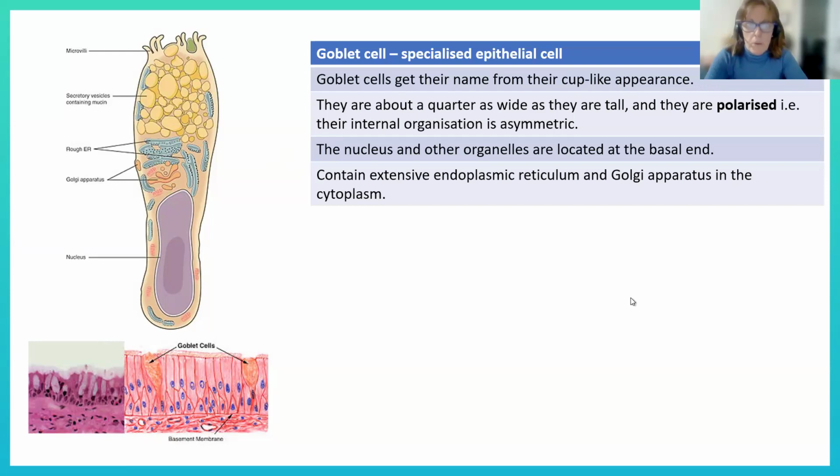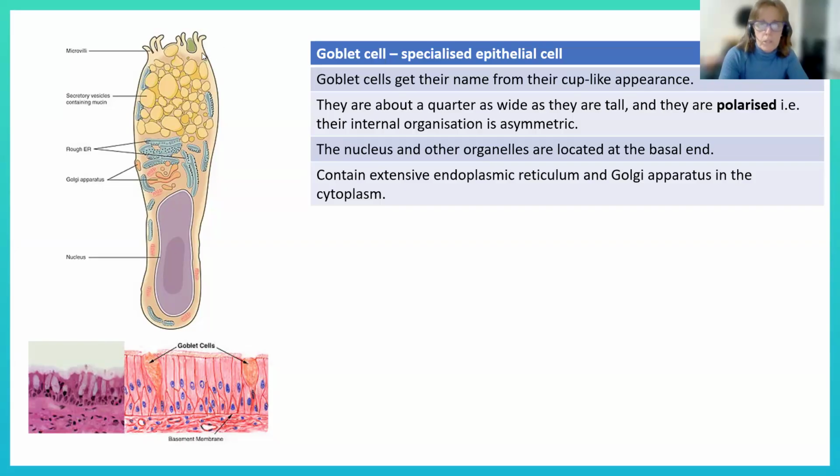Do those vesicles go out of the cell with the mucins as well? They do. Yeah, that's exactly what happens. Good question and well identified. So that's where the Golgi is packaging the mucins, and it's packaging them into these little vesicles, these secretory vesicles, and then they'll just move up to the top